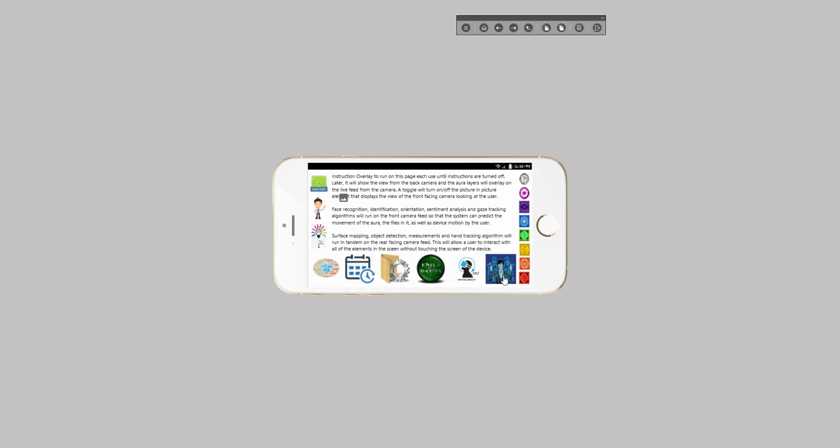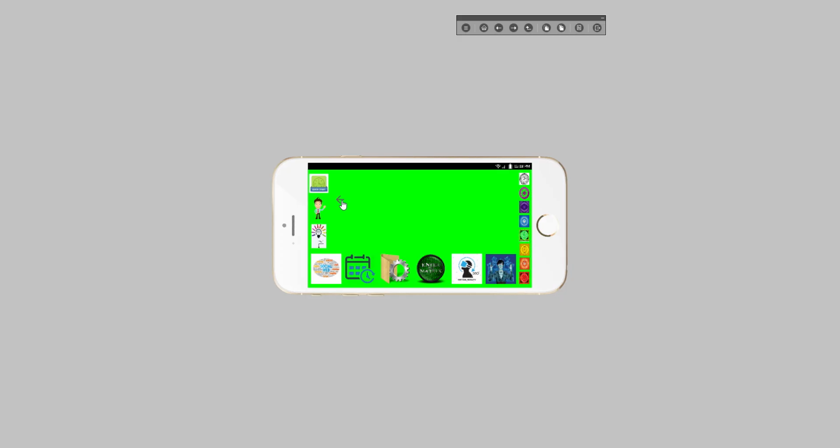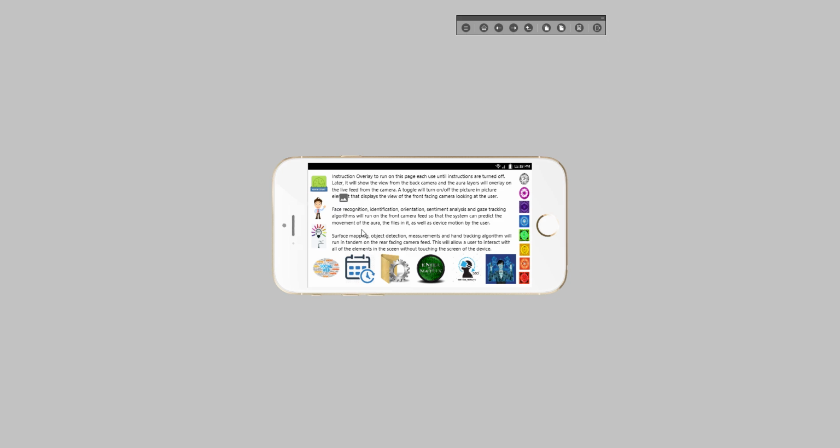This is one of the main navigation pages. So an instruction overlay will run on the page until the instructions are turned off, like this. That goes to a camera view. That would be whatever your rear facing camera or front facing camera is showing you. And you'll be able to access your avatar. This one won't activate straight away. It's like a magic compass, and you need to fill out enough of the data sets to activate that. So your social web connections, timing and signals, your settings.